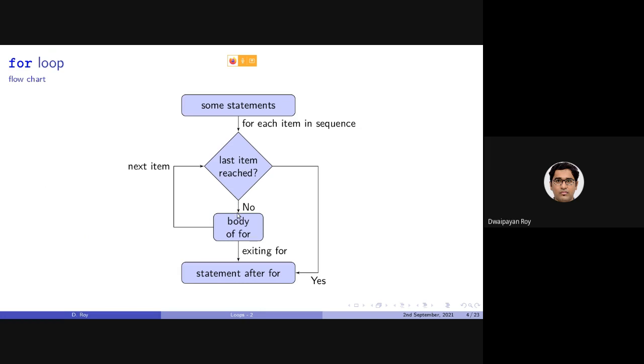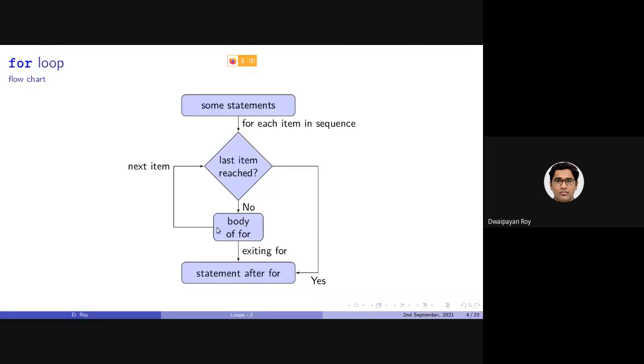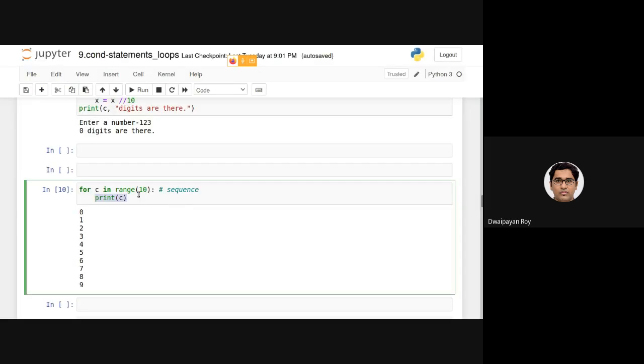If not, then the body of the for loop, in this case this line, will be executed and the next item will be considered. And it will check whether the last item is reached or not. In case the last item is reached, in this case 9,